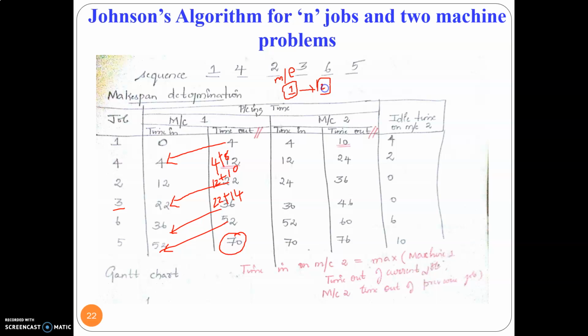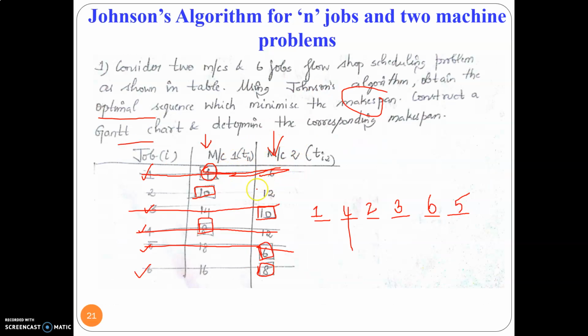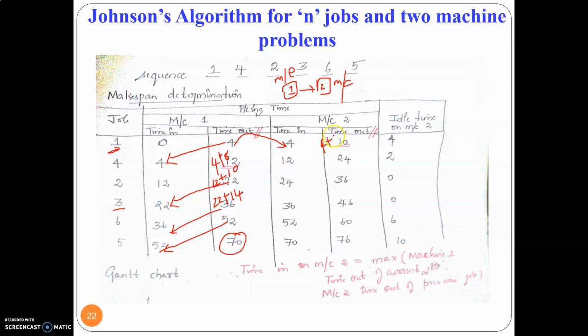And this is mission 2. Okay, so job 1 has completed its process at the end of the 4th minute from mission 1. So at the end of the 4th minute, it enters mission 2, right? So next we have to find out what the processing time of job 1 in mission 2 is. It takes 6 minutes to be processed. So 4 plus 6 is 10. So at the end of the 10th minute, job 1 comes out of mission 2.